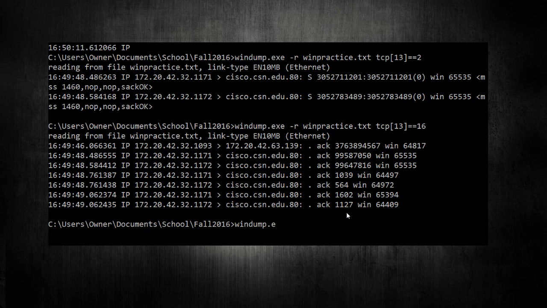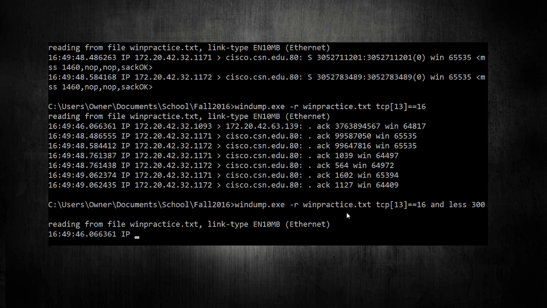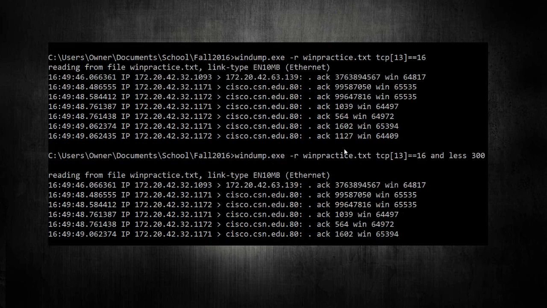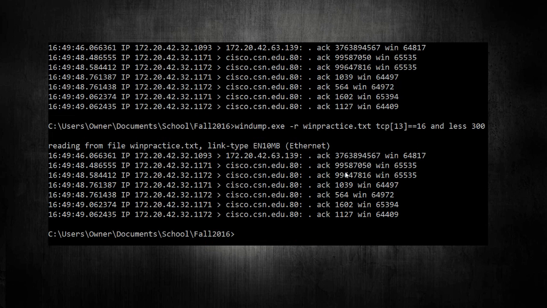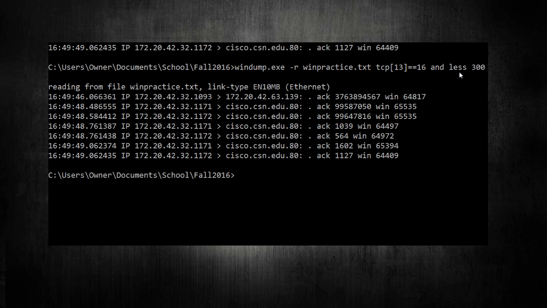If we're looking for acknowledgement, or we're looking for anything less than 300, it's going to go through and find the acknowledgement flag, and it's got to be smaller than 300, which I think all those are, yeah, pretty much. So we got pretty much the exact same. But anyway, that's where it comes in handy to be able to do multiple commands at the same time.